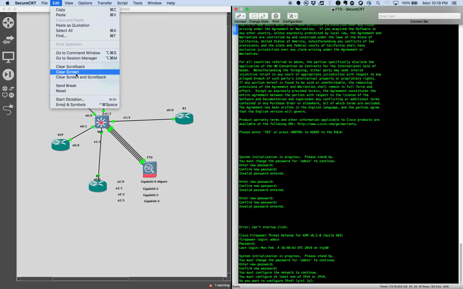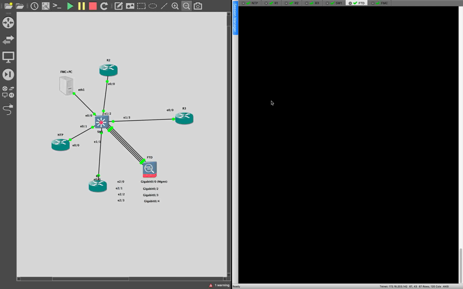Let me clear the screen a bit. It's going top, right? So it's asking me, do you want to set IP addresses? I'm going to do that. It's going to be a manual IP address. I'm going to put manual. Enter an IP address for the permanent management interface, right? So this is going to be